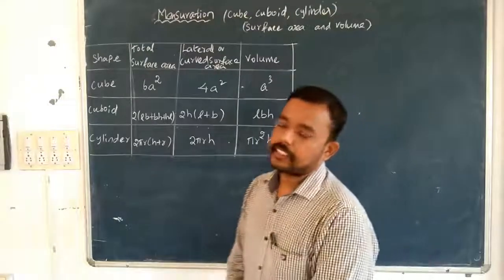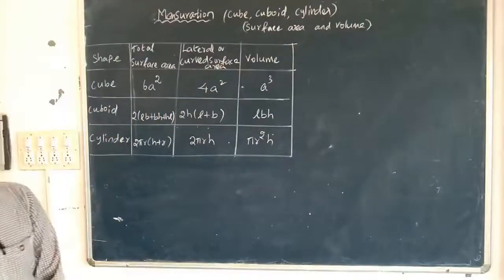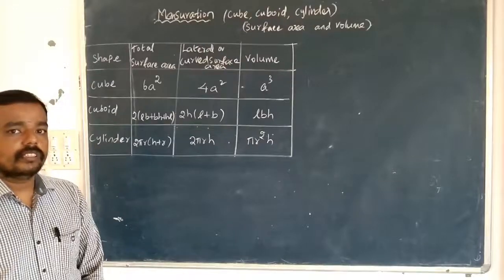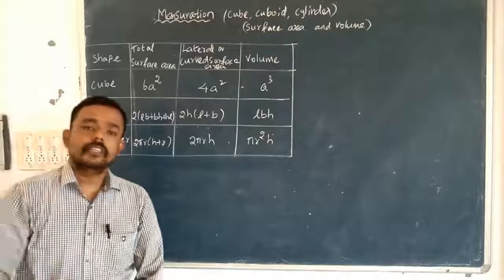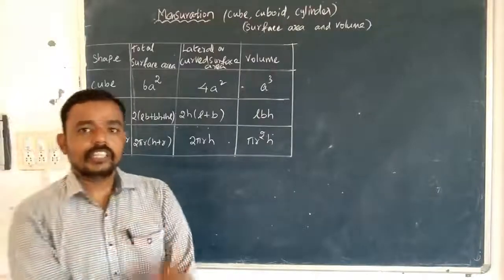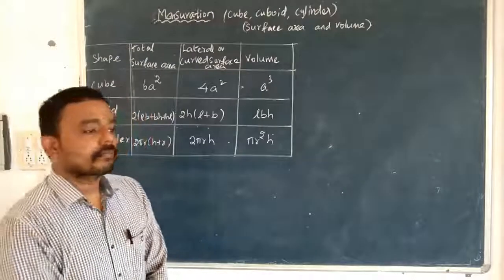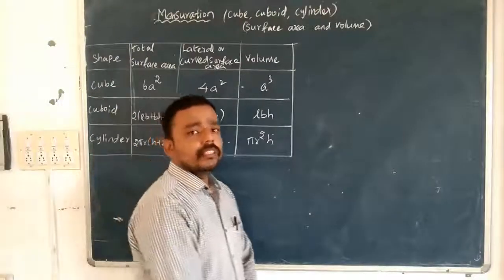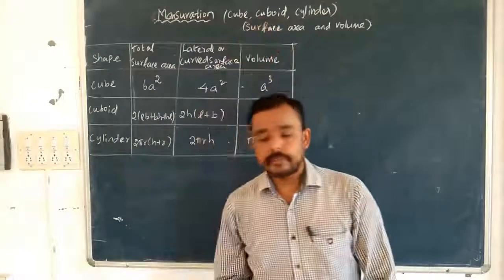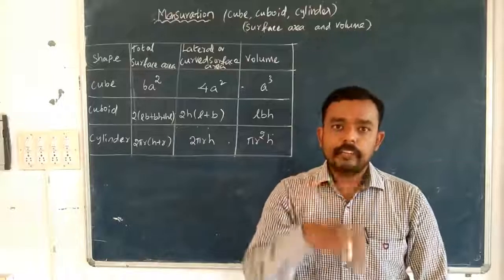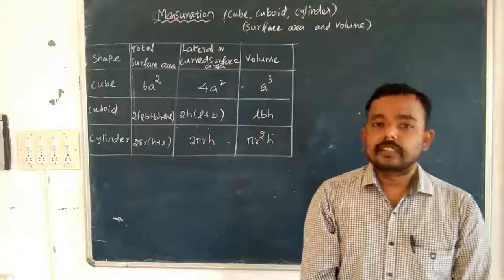And we need that analysis. What type of analysis is needed? Suppose we are going to whitewash the walls. We are going to leave out the bottom and the top sides. For that we need to consider the lateral surface area of the cuboid. The same way, pillars. A pillar has the top side closed and the bottom side closed. We need to whitewash or paint the pillars, so for that we need to consider the curved surface area.